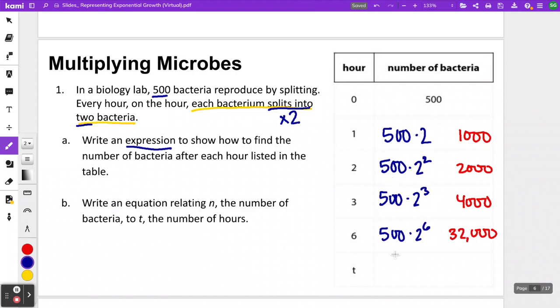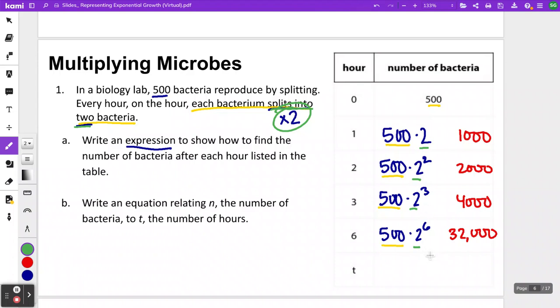Once we've written out the math for a couple of these, you start to notice a pattern here. Every single one of those expressions, we are starting with 500. Well, that's coming from that starting amount of bacteria. We said there's 500 bacteria at the beginning. And every single time we are multiplying by 2. Well, that comes from the fact that it's splitting into 2 bacteria. The only part that ever changes in our math is how many times we multiply by 2, and that is